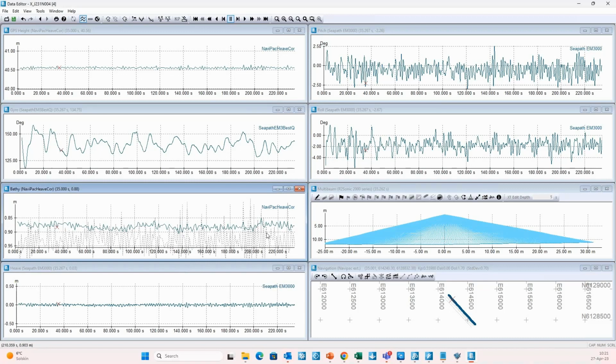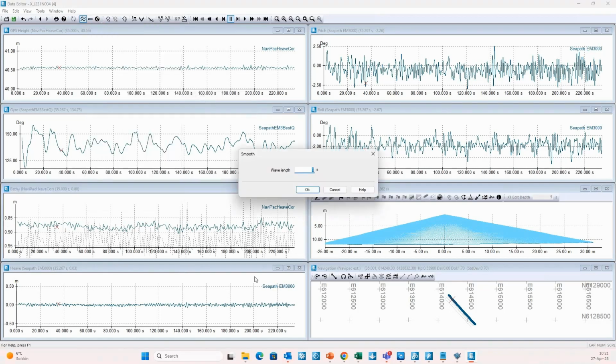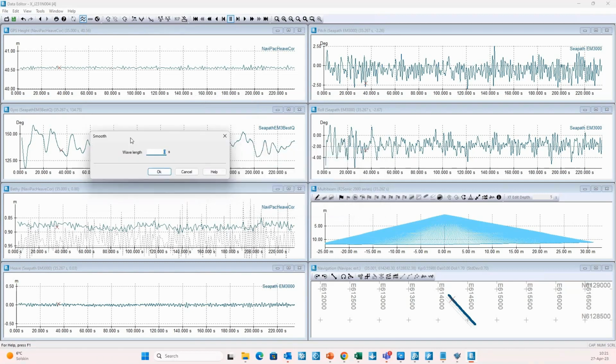This is the Bethy value. Because it is depending on the RTK height, we know that there is some white noise in the data. So therefore, we will filter the Bethy. Right-click and smooth. We will smooth the Bethy like this. Right-click on the Bethy, and then